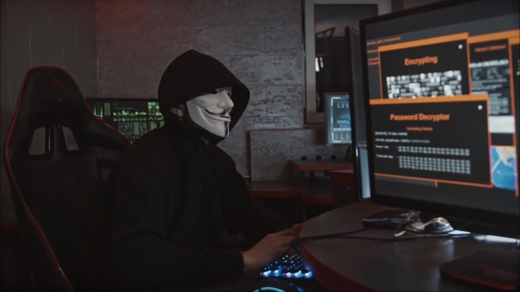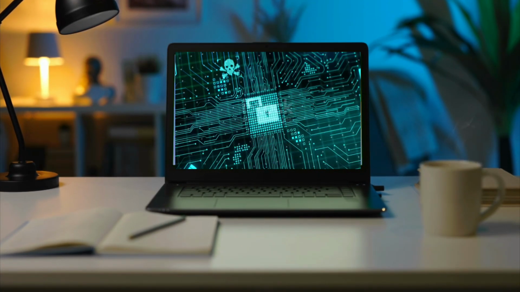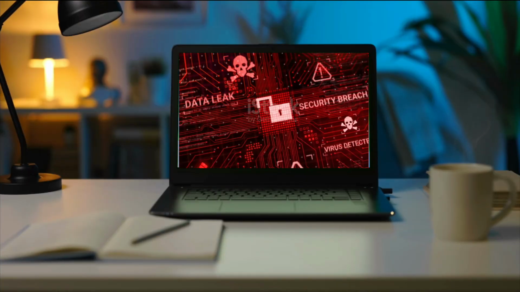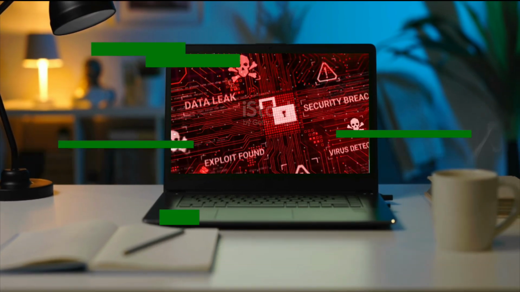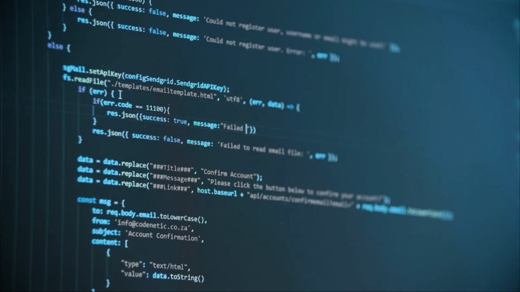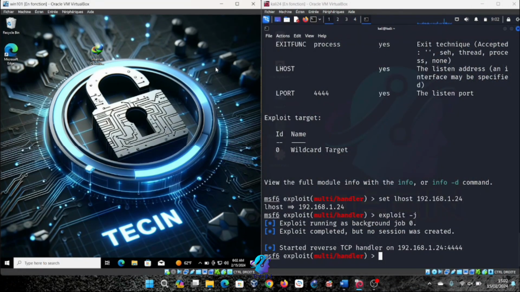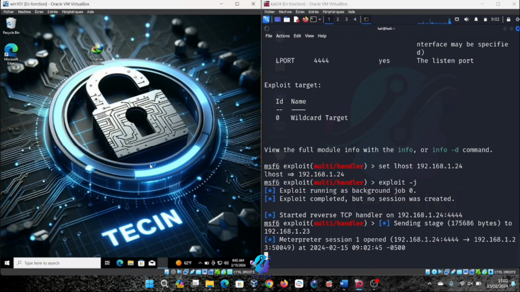Today, we're going to talk about a critical topic, computer hacking and Trojans. These threats can compromise the security of our data and systems. Trojans, or Trojan horses, are malicious software that hide within seemingly legitimate programs. Once installed on your computer, they allow cybercriminals to access your confidential information, such as passwords, banking data, and even your identity. MSFVenom allows you to quickly generate custom Metasploit payloads on the fly straight from the terminal.